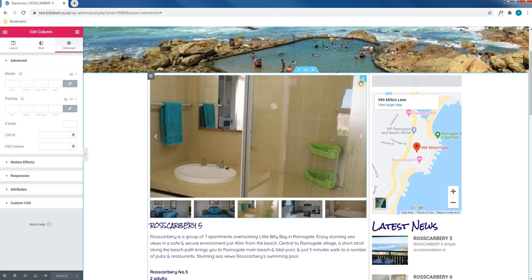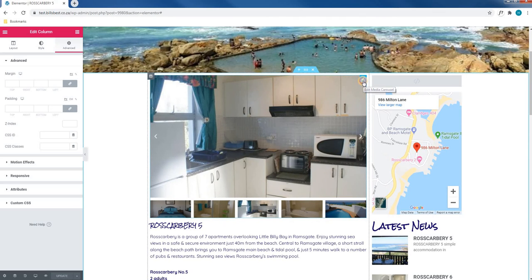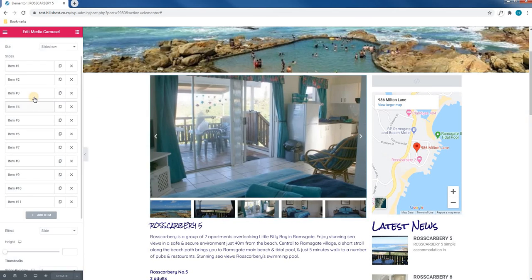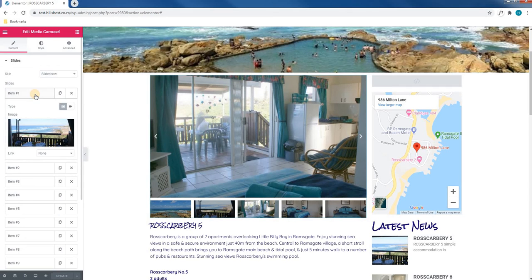Hovering over it, you will see it is highlighted by a thin blue bar. We will simply select the Edit button, which can be found at the top right. As you can see, this is a media carousel, and I will click on it, and the left-hand bar will appear. As you can see, we have currently 11 slides,